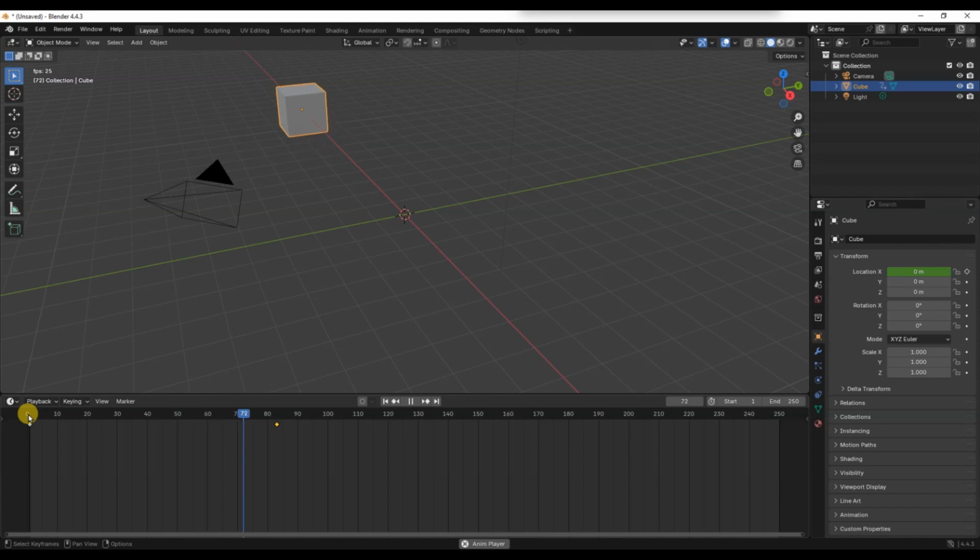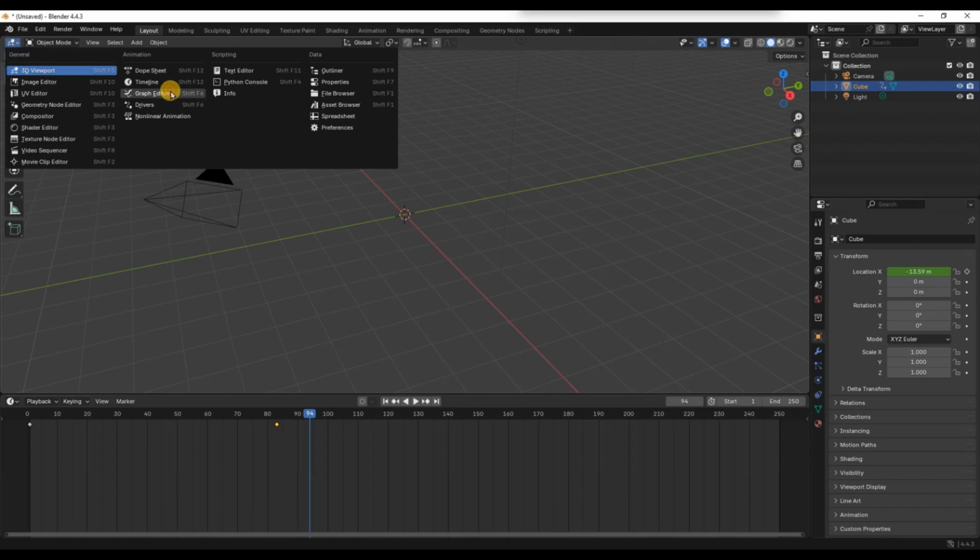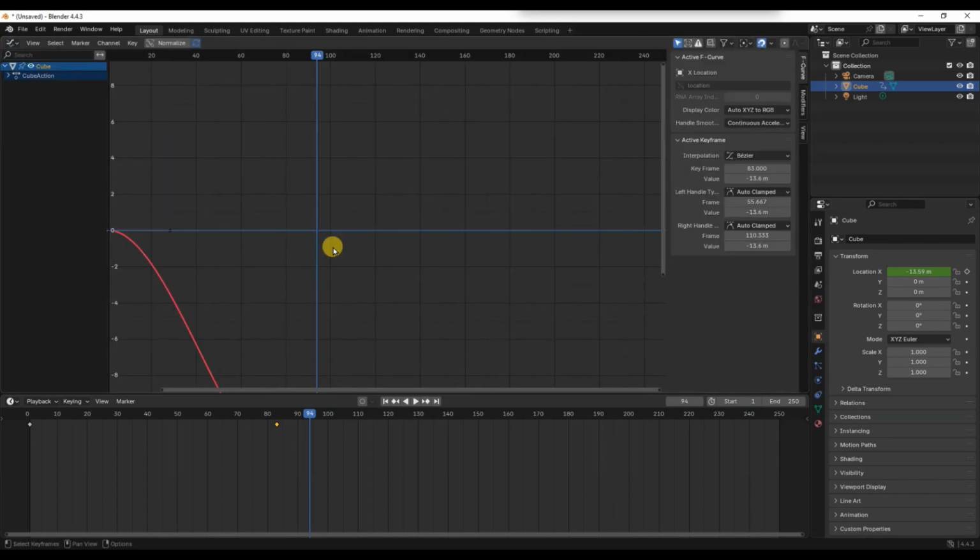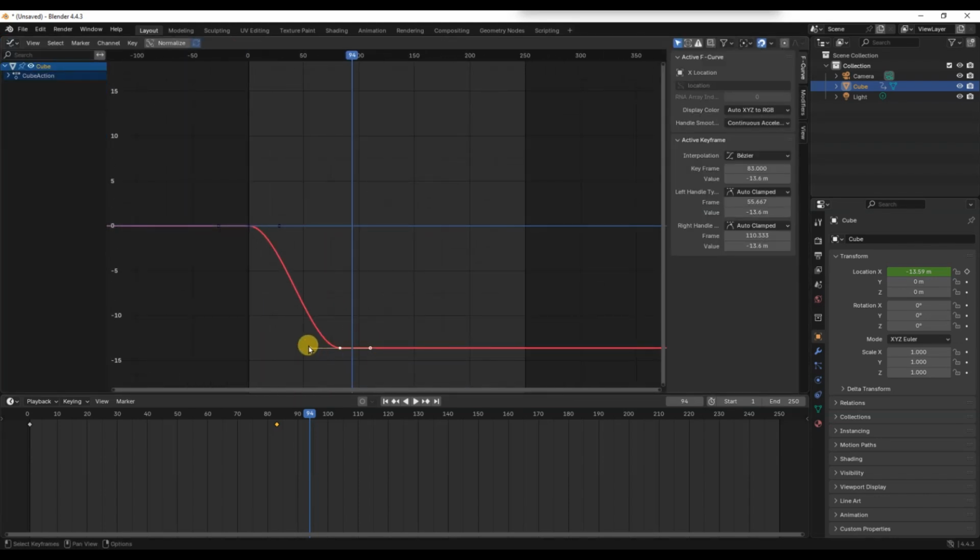You can preview your animation by pressing the play button in the timeline. If you want to add more complex movements, use the graph editor to adjust the curves and timing of your animation for smoother results. Finally, when you are happy with your animation, you can render it by going to the